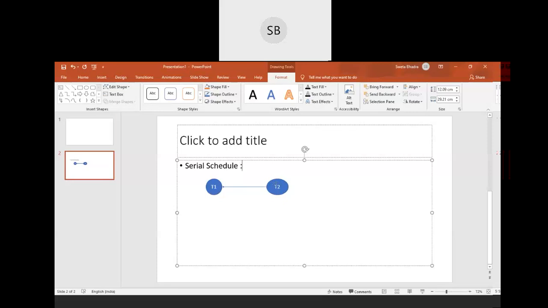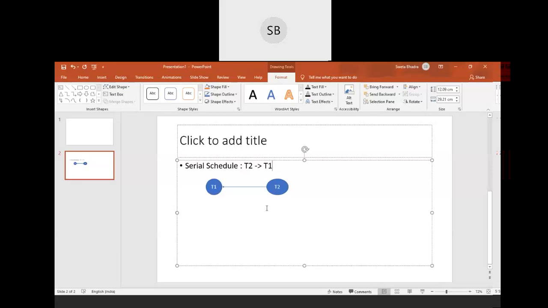You can see the incoming edges for T2 is 0. So T2 will occur first, completing first, and then T1. So this is the serial schedule for this concurrent transaction.